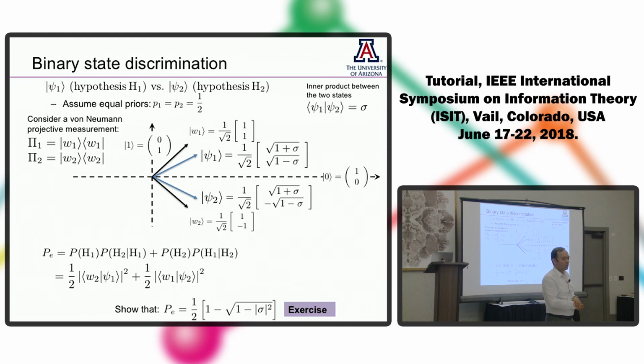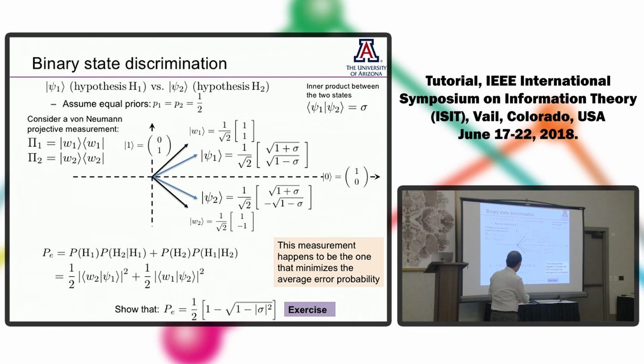What if I gave you 3 states instead of 2? So now you'll have 3 states, and if I have 3 states, I'll have to give you all the 3 inner products between them in order to give you the full geometry. And now your job is to put 3 orthogonal vectors, orient them with respect to these 3 states in the most optimal way. And when I say optimal, I'm saying minimize the average error probability. So that problem doesn't sound so nice, but this was solved by